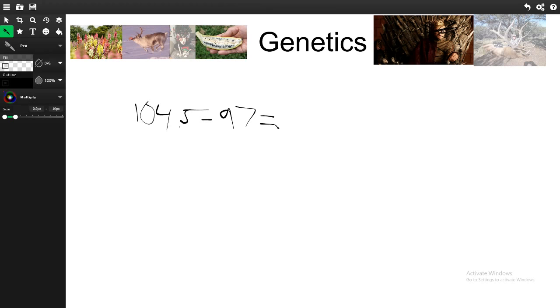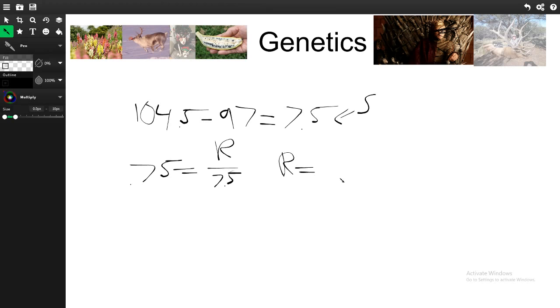That's going to give us 7.5, which will be our S value. And we said heritability didn't change, so 0.75 equals R over S, and S we just found to be 7.5. So then you just multiply 0.75 by 7.5 and solve for R. And we find that R equals